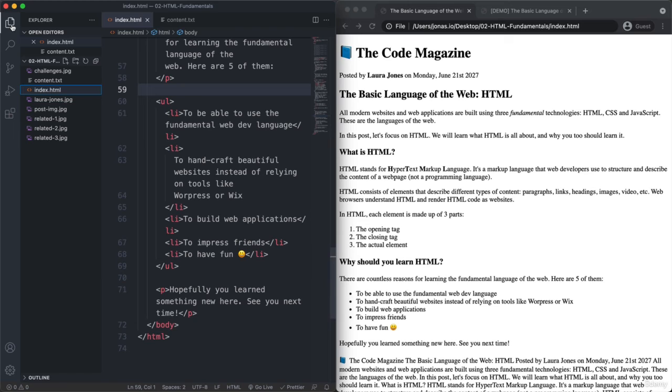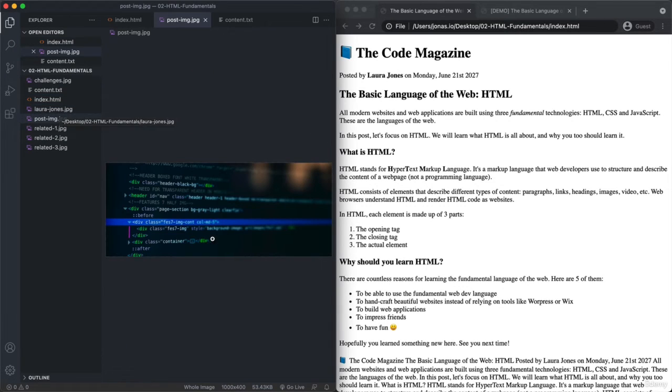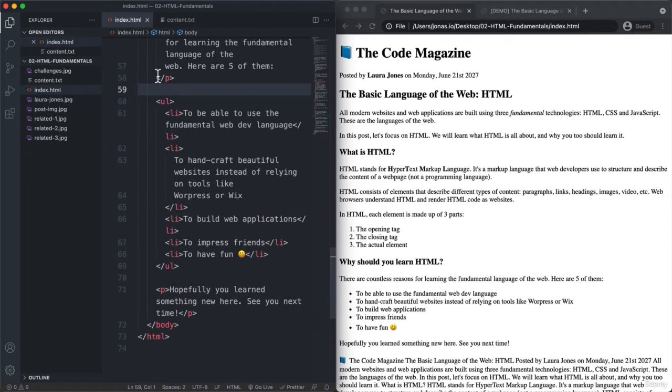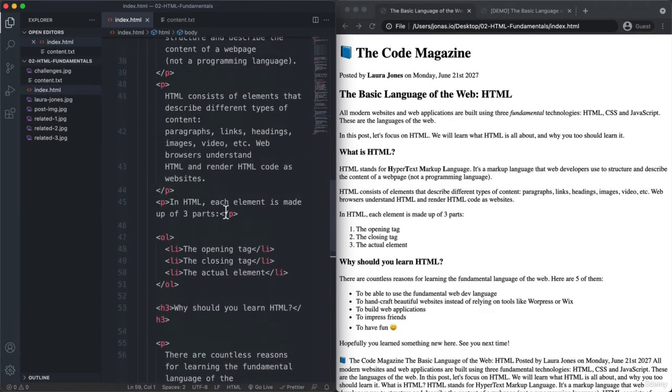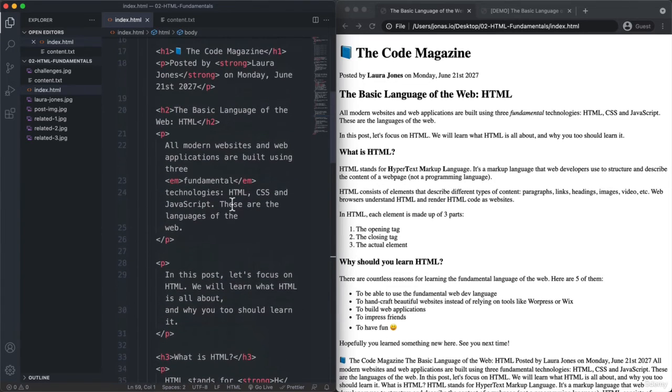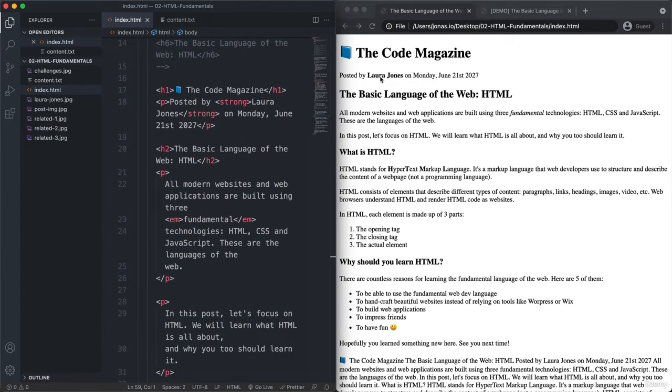So the images are, of course, in our project folder. So they came with the starter files. And the one that we are going to include here is this post image. So you see when you double click, so when you open this file, then VS Code is actually able to display image files without any problems. So we want this image right here after this author. So basically the image serves as a barrier between the beginning of the article and the rest of the page,